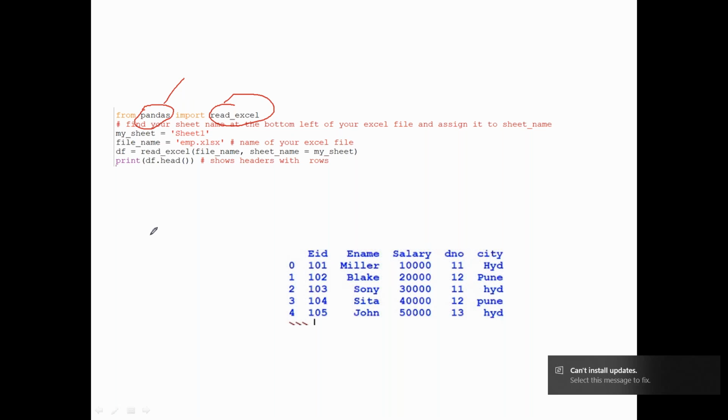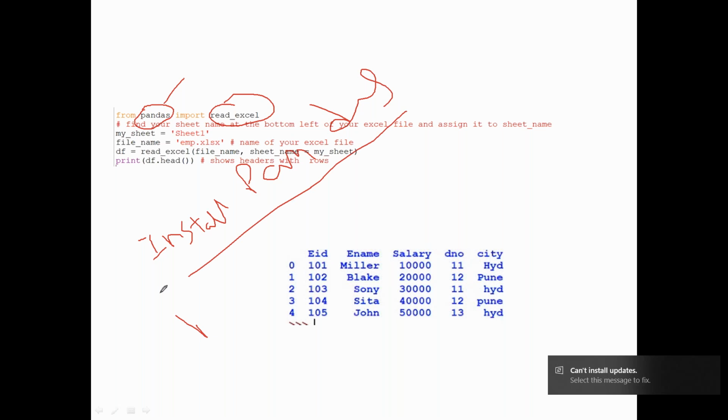In case I just use import pandas, then it's a normal import. Whenever I use read underscore Excel, I have to prefix it with pandas dot read Excel.